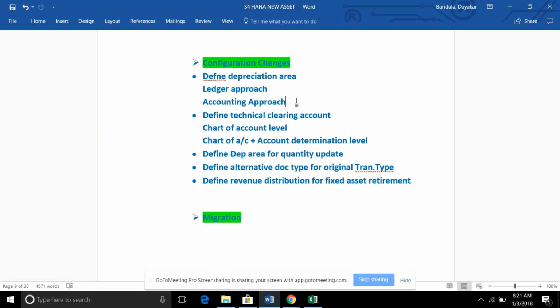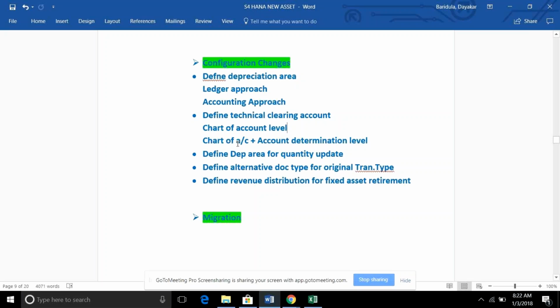And the technical clearing account, this is a new configuration we are doing for the technical clearing account creation. So this technical clearing account we can create at chart of accounts level. And if you want to differentiate for each and every asset class, with a combination of your asset class, chart of accounts and account determination, that means at the asset class level, we can also maintain a different one.